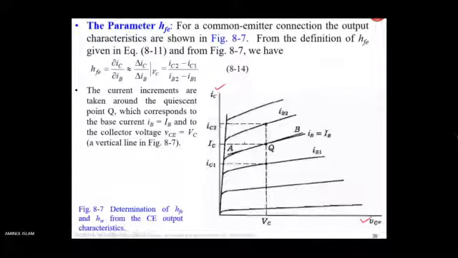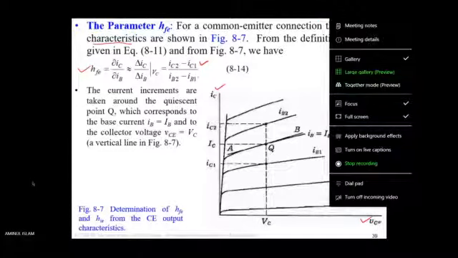output characteristics. Output means the collector current is considered as output current, the base current is considered as input current, and the base voltage is input voltage. So here it is IC, collector current, versus VC, collector voltage. So this characteristic is called output characteristics. Remember that. And from this output characteristics, you can find out the HFE. HFE is defined as delta IC by delta IB, which is